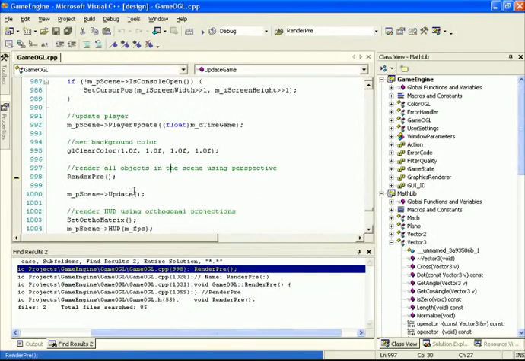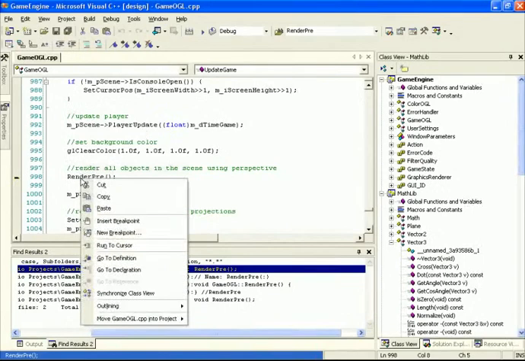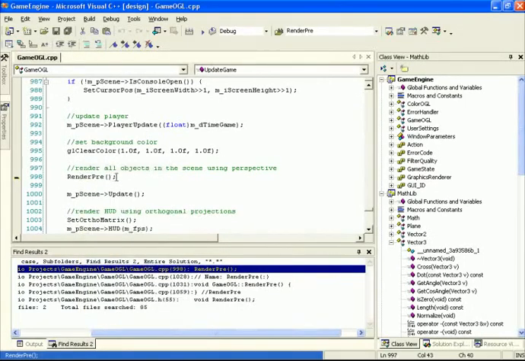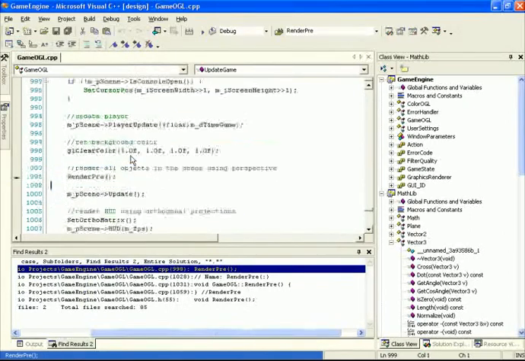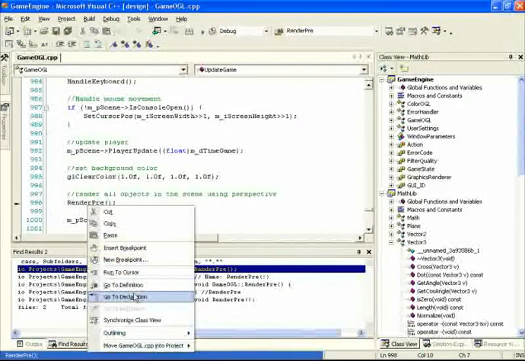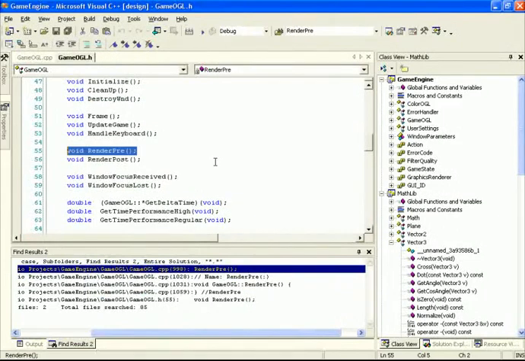We're going to change this because we don't want to be updating the player from within our game OpenGL class anymore. We're going to do that directly from within our scene. So we're not going to allow this to happen. All of this is going to happen inside of the update. The render pre, this is the only place that we ever call it, so what we're going to do is eliminate this function and take all of the important things out of it and place it right into this update game function call. To do that, let's just go into the declaration of this guy, delete him, and then back